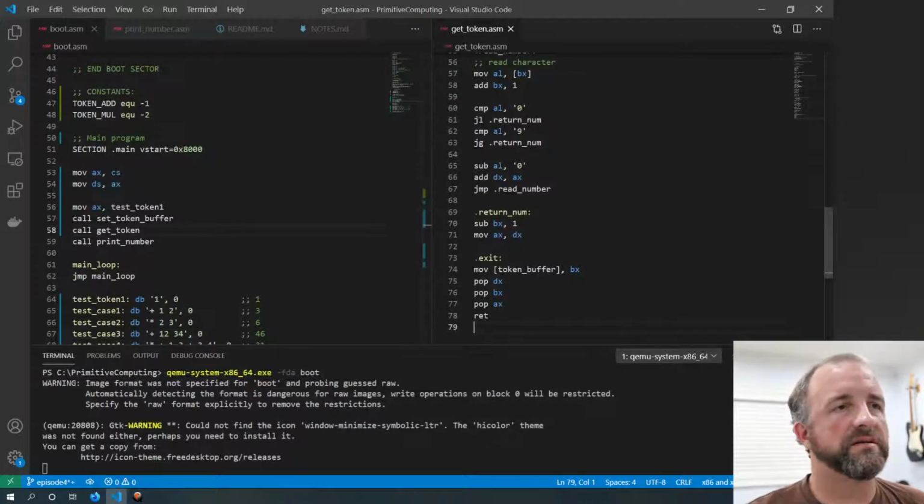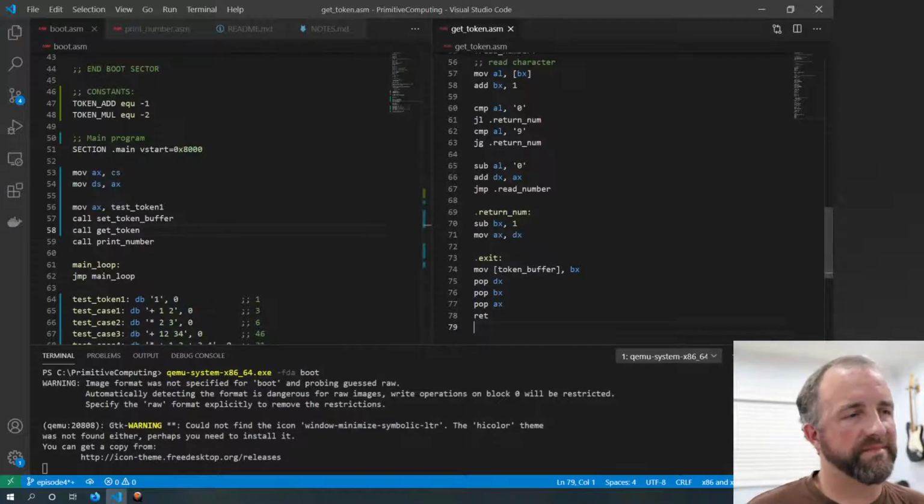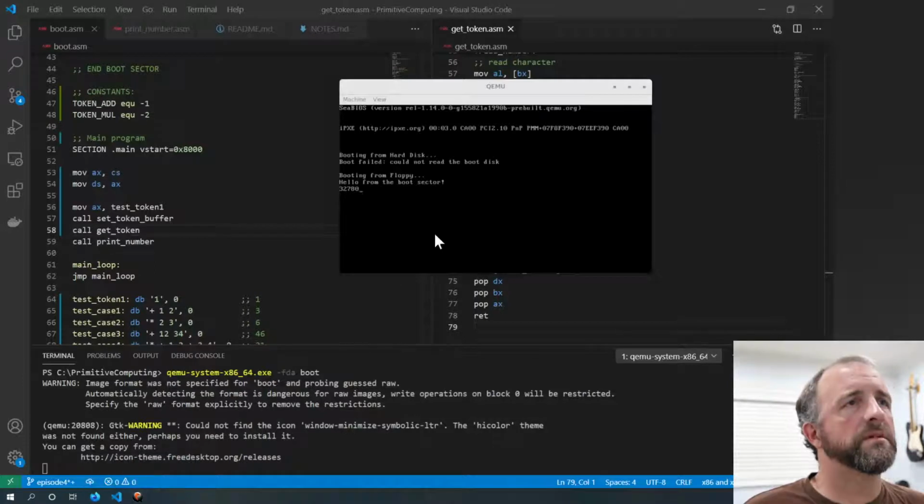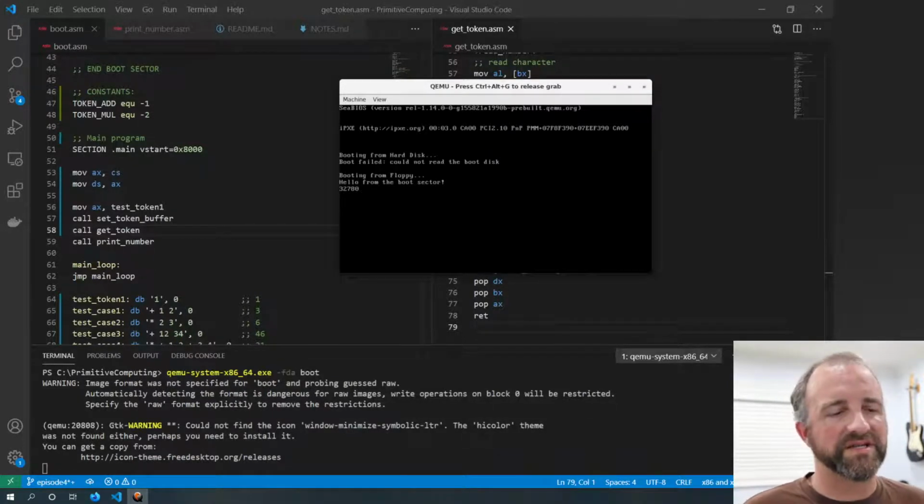Interesting. This is where a debugger would actually be kind of nice to have, but it's hard to wonder. Yeah, I don't really have access to a debugger now. I'm sure someone's going to tell me, oh yeah, you just do this with QEMU, and